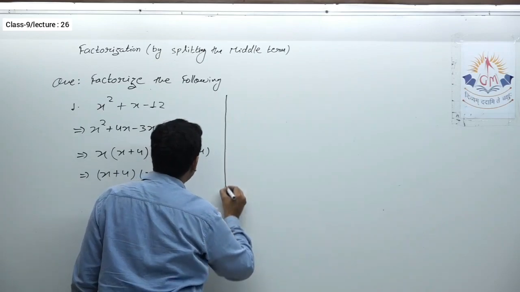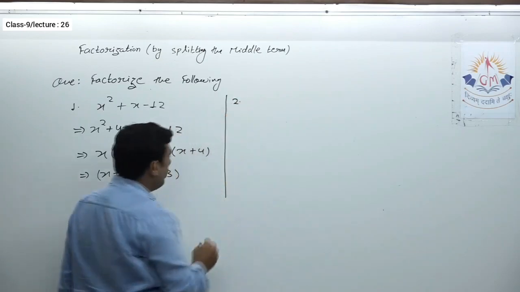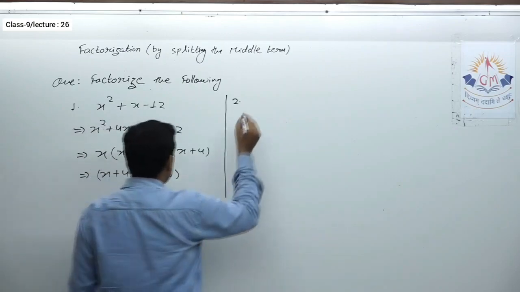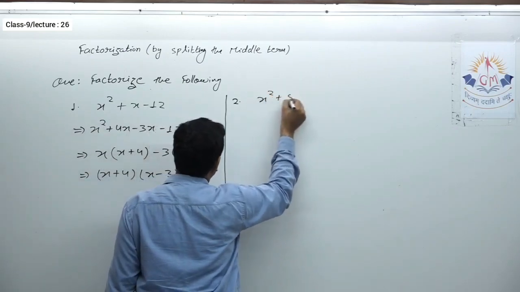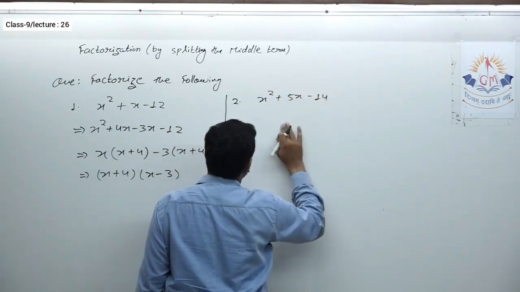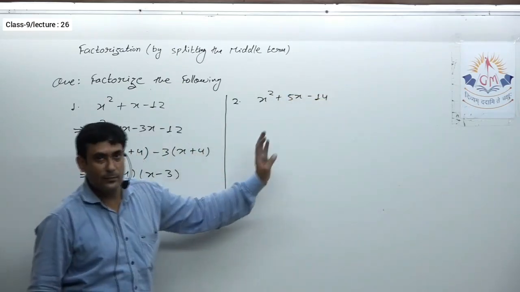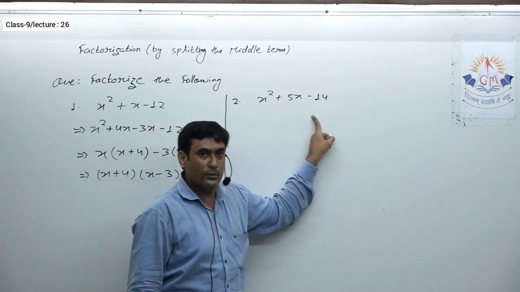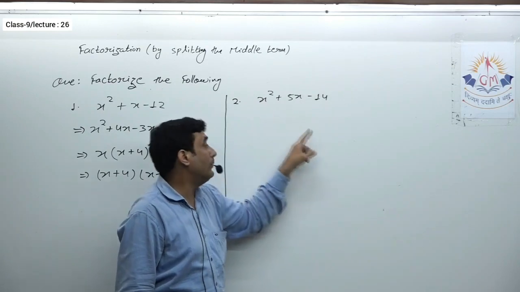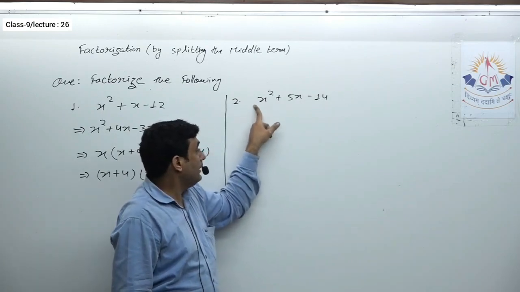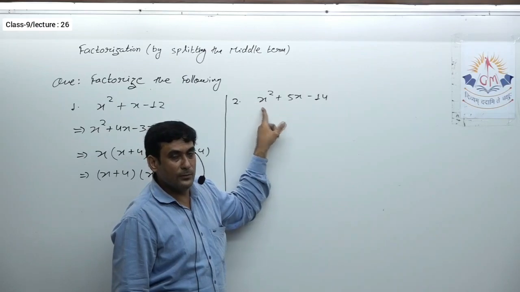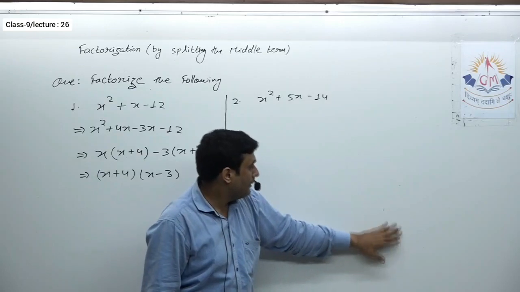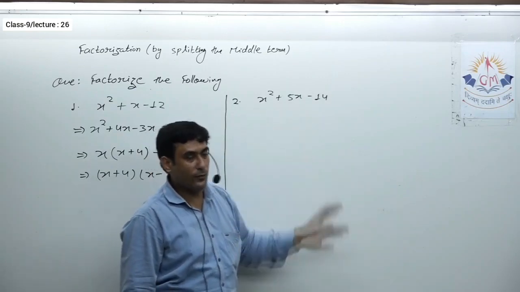Okay, I will give you time to note it down, but let me explain you one more question. Okay, next I am taking x square plus 5x minus 14. So two things that we'll check before proceeding ahead. Whether it is in standard form or not. Yes, it is in standard form. Second thing, what is the coefficient of first term? That means whether it is positive or negative. Yes, it is positive. That means it is perfect. It is in the standard form.